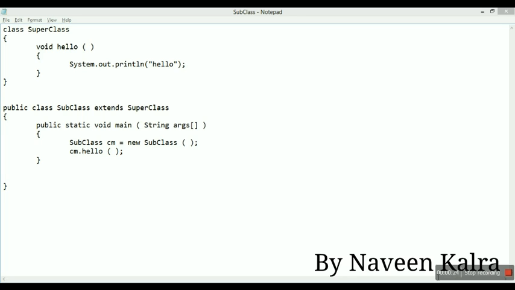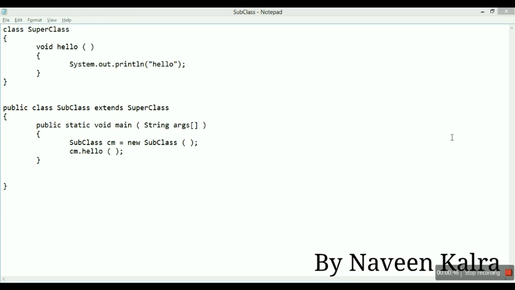One is how to inherit one class into another class, and we'll be studying about the two classes, which can be made public and which cannot. We'll study how many main functions can be in a class, and how to access the member function of another class by making an object of another class.